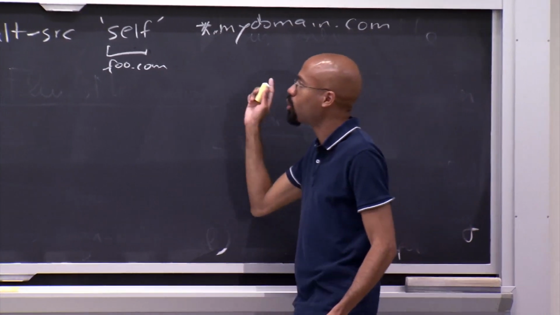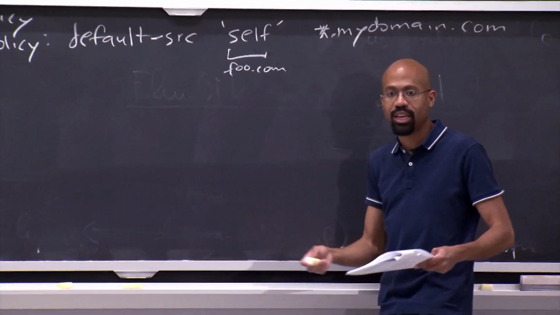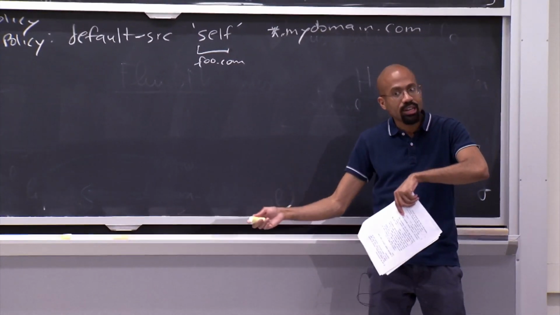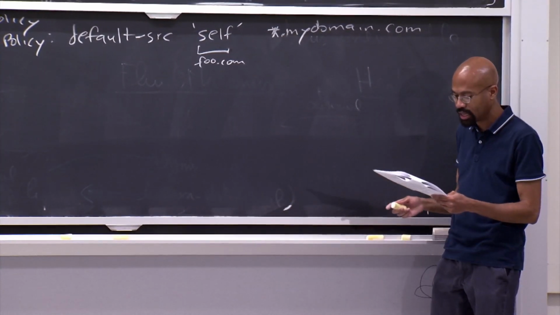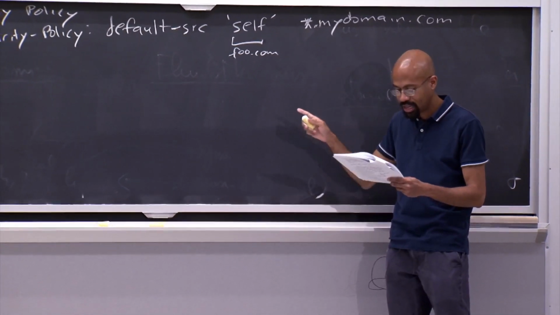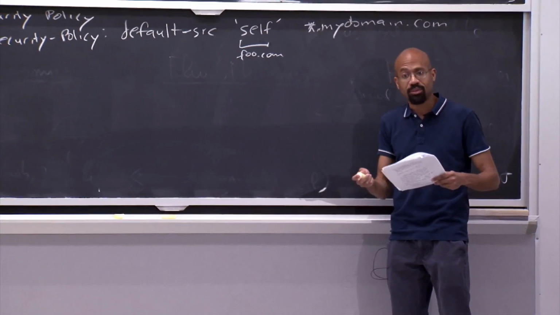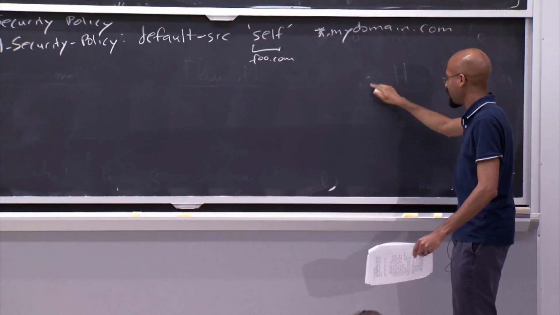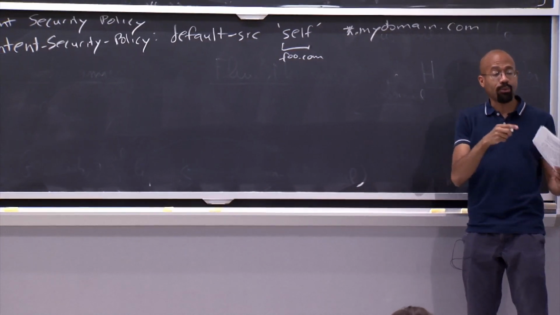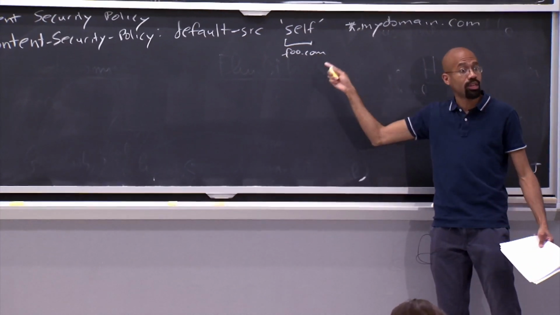And you can actually specify more fine-grained controls here. You can say, my images should come from here, my script should come from here, so on and so forth. So this is actually pretty nice. And one nice thing about this too is that it actually prevents inline JavaScript, right? So you can't have a script tag and then some literal JavaScript and a close script tag. Everything has to come from a script tag with a source, right? So it can be validated through this, right?